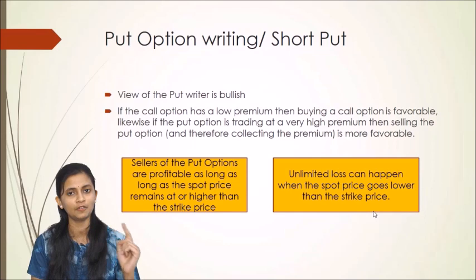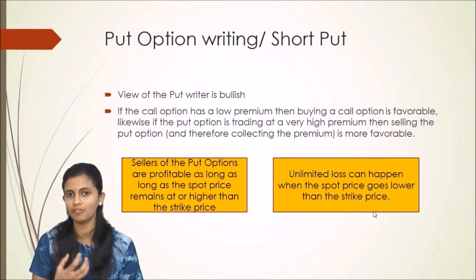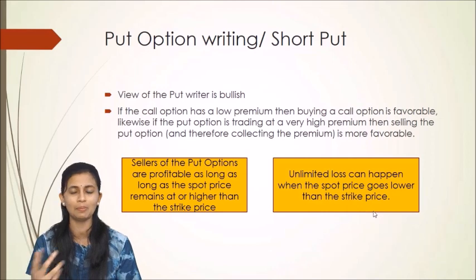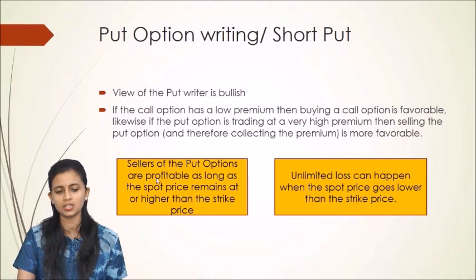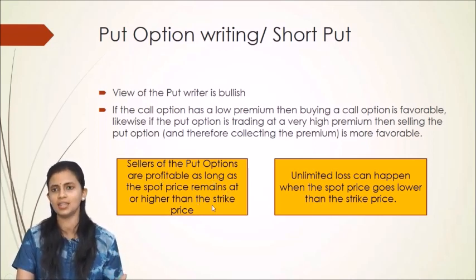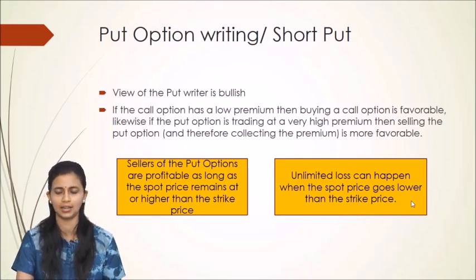Similarly, if your approach or your view is bearish, then instead of writing the call, you can go for buying the put. Again, whether you buy the put or write the call depends upon the premium value. Sellers of put options are profitable as long as the spot price remains at or higher than the strike price. That is, if it is range bound or higher than the strike price. And unlimited loss can happen when the spot price goes lower than the strike price